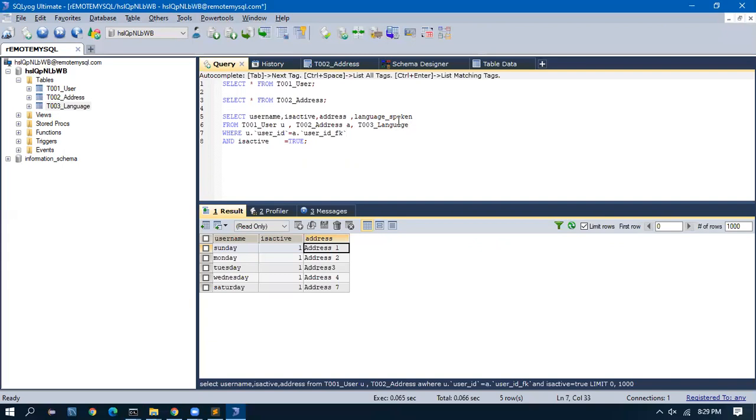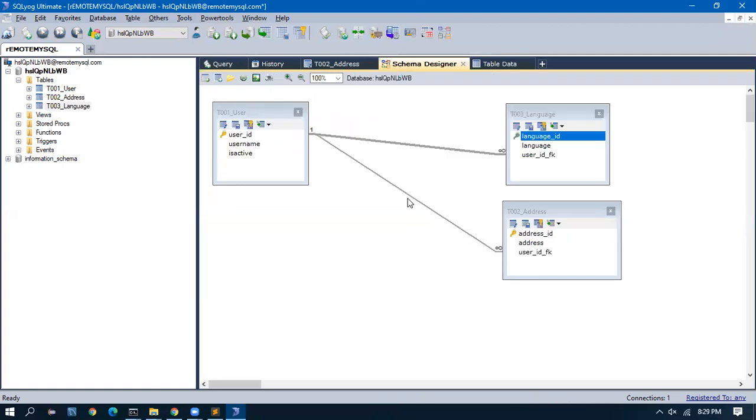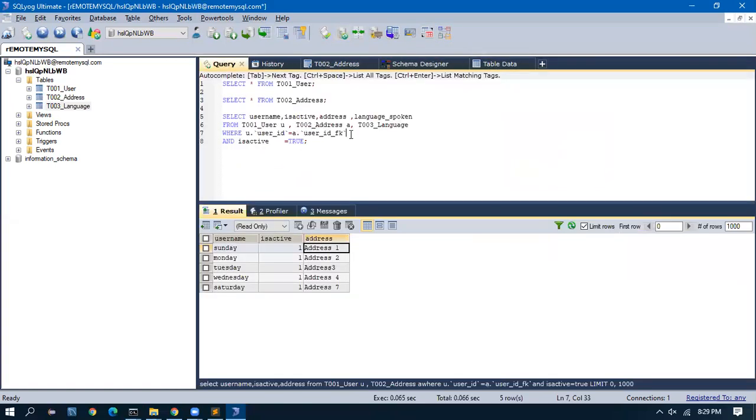So if there are 3 tables, how many joins are there? 2 joins are there. When 3 tables are involved, 2 joins are there. There are 2 lines. This is what we have to write in the query also. If there is a 4th table, we have to see how many links are there. So I'll go ahead and join. For language, I'll give a table alias as SL and I'll join. And language, what is the column? User ID equal to user dot user ID. So this is how we join.